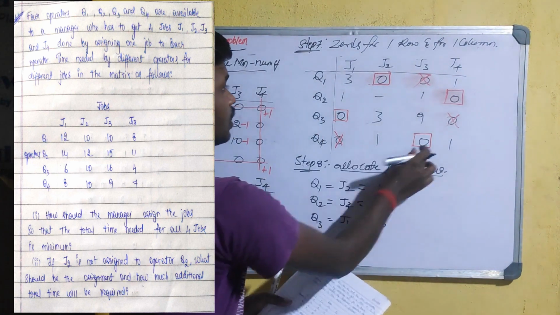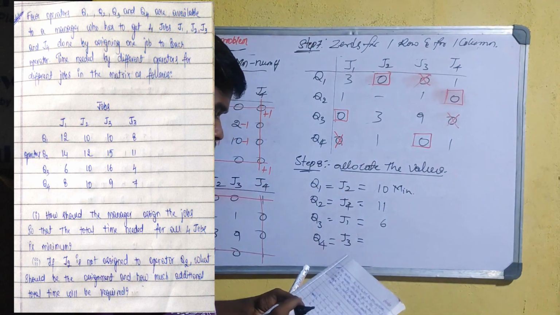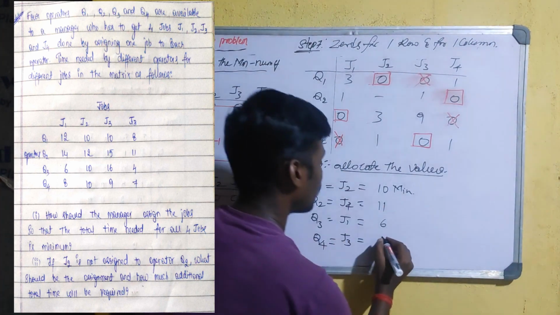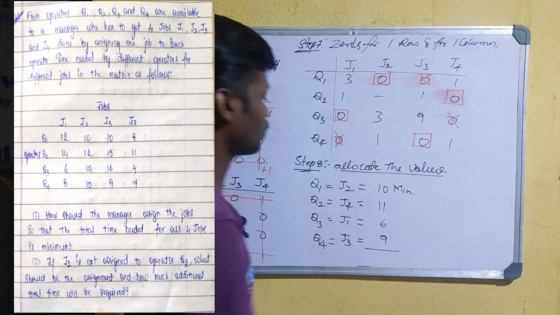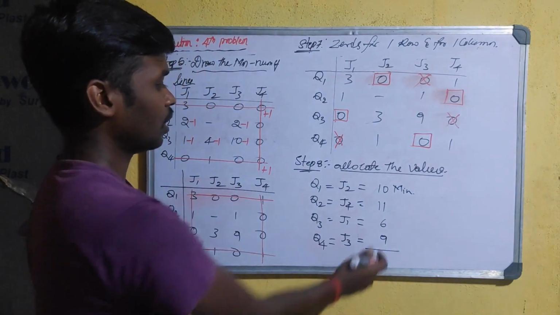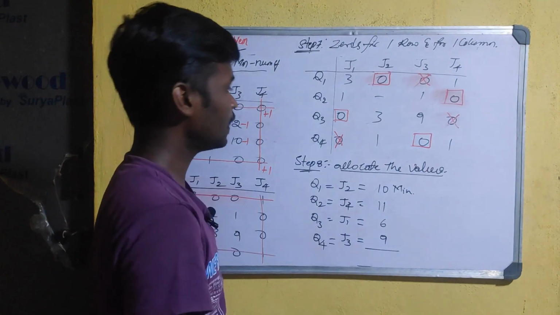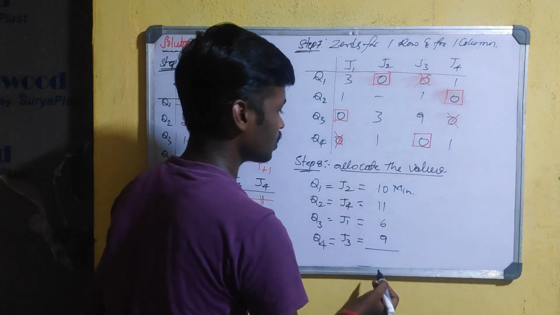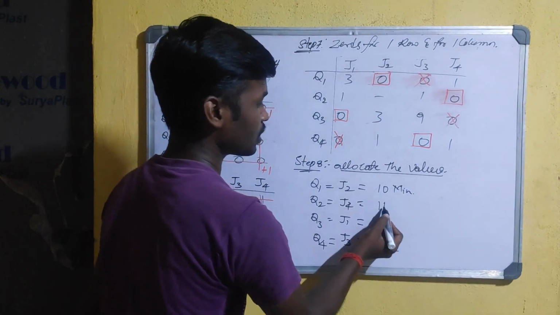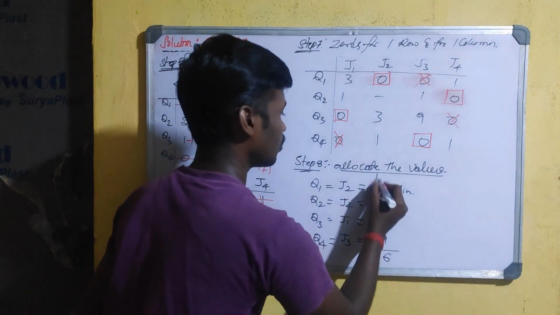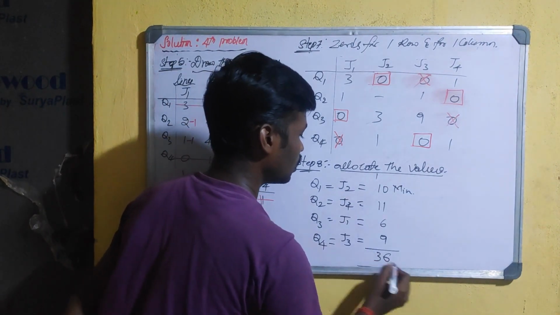Next, in this place J3, 9 minutes. Okay, now see 9 plus 6, 15, plus 1, 16. Okay, 11, 13. So totally